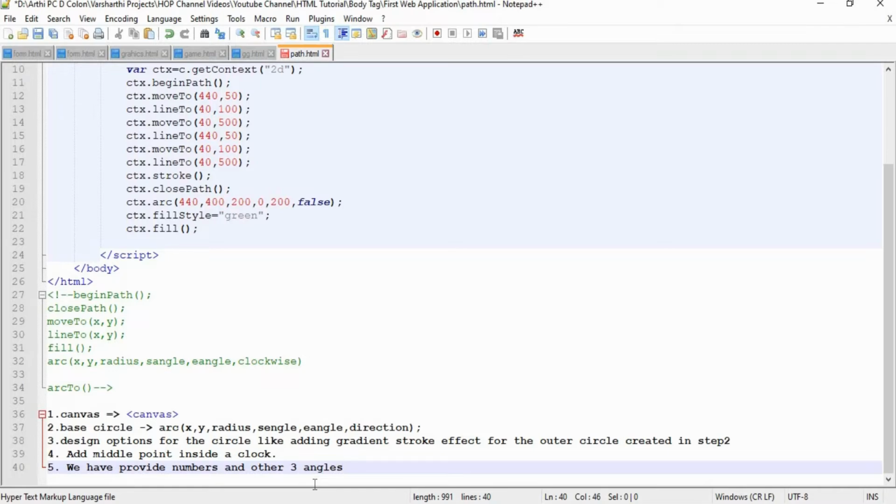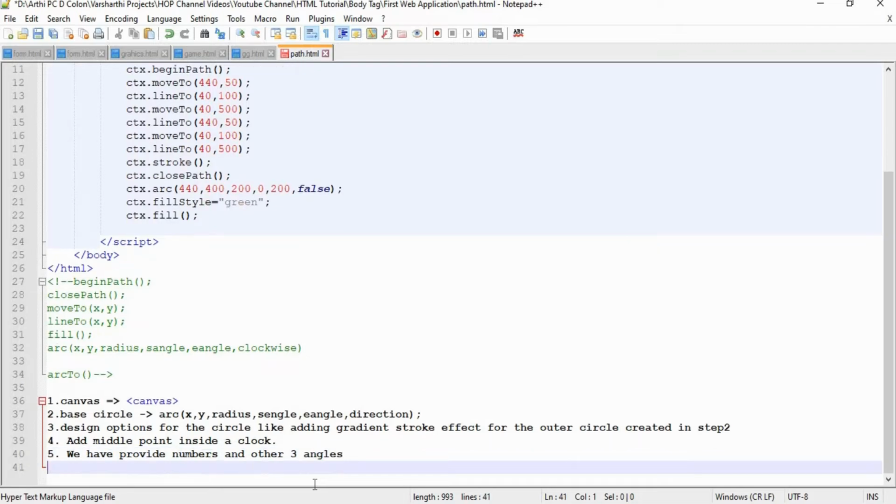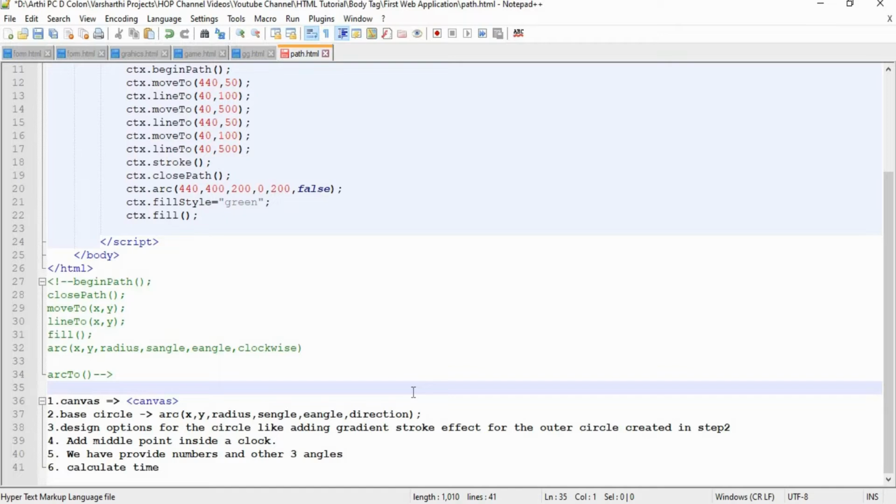Finally we have to use the date function to calculate the time. So these 6 steps are involved in creating a live wall clock with HTML.